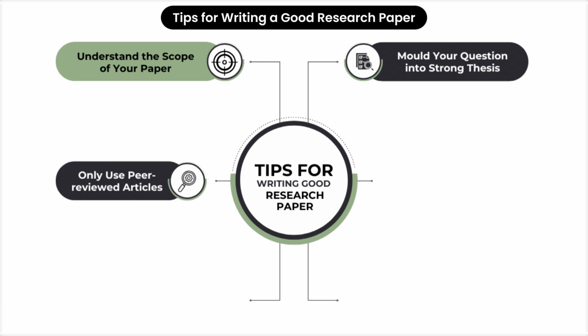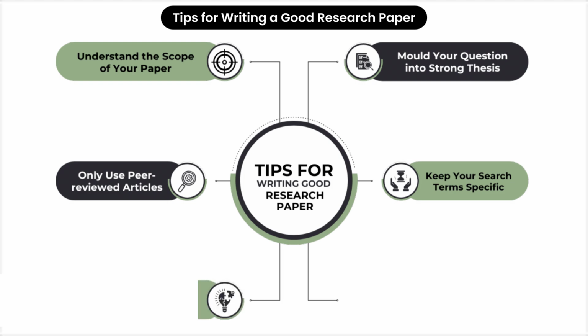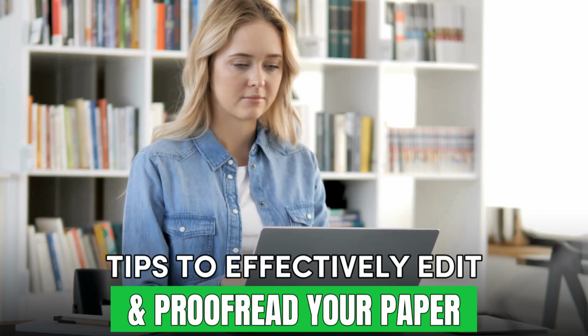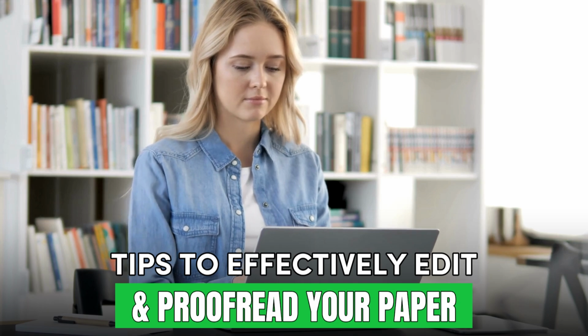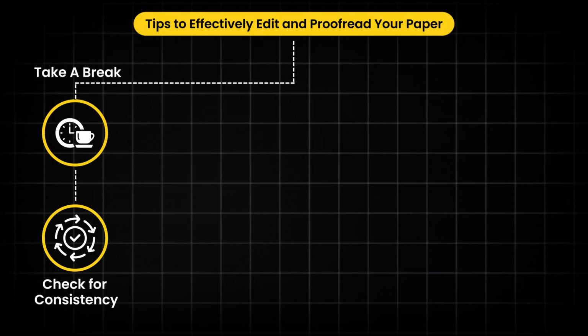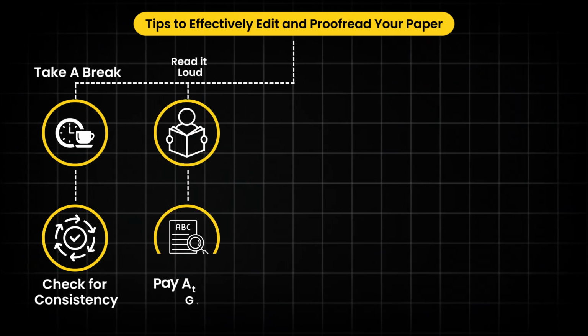Only use peer-reviewed articles, keep your search terms specific. Use an outline to organize ideas, make detailed notes as you research. Tips to effectively edit and proofread your paper: take a break, check for consistency, read it loud, pay attention to